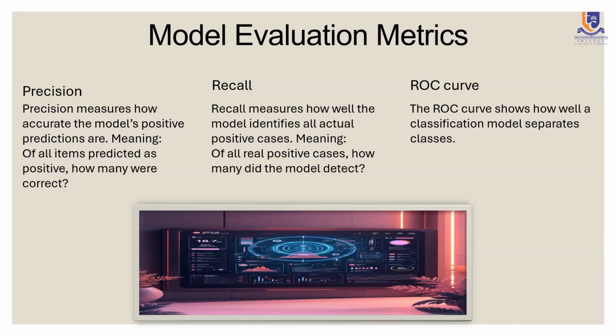And then we talk about the ROC curve, which we'll look at later on. The curve just tells us how well the classification model separates its classes. It plots the true positive rate versus the false positive rate. So it's basically just the true positive versus the false positive. And then you see the line on the graph and you see whether it is getting it right or wrong.